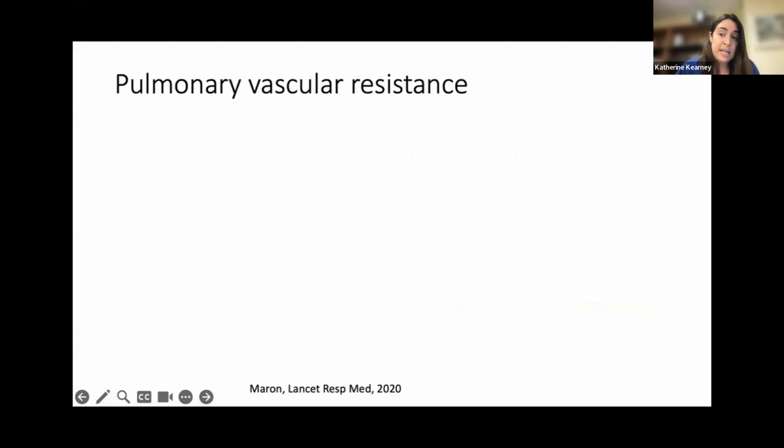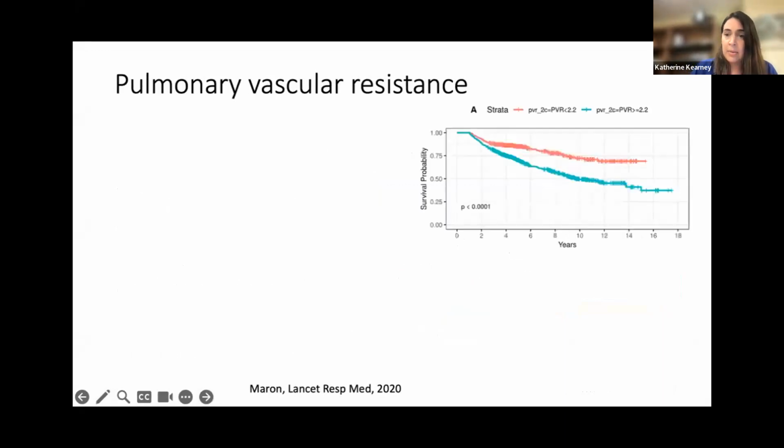So how useful is the steady state measure, pulmonary vascular resistance, with which we are all obviously familiar, in prognostication? The 2022 ESC-ERS guidelines recently shifted the goalpost to a PVR greater than 2 Wood units in the diagnostic classification of PH, both precapillary and combined pre- and post-capillary pulmonary hypertension. This is on the basis of both the historical understanding of the normal range of pulmonary vascular resistance, as well as